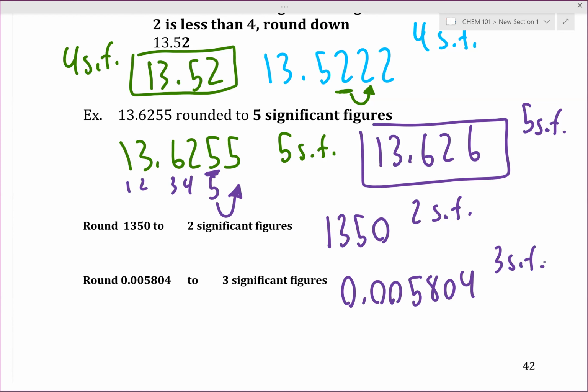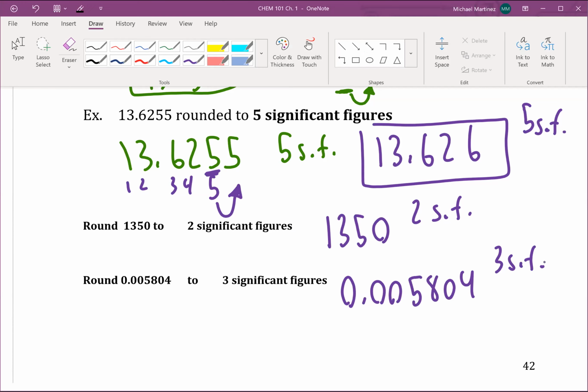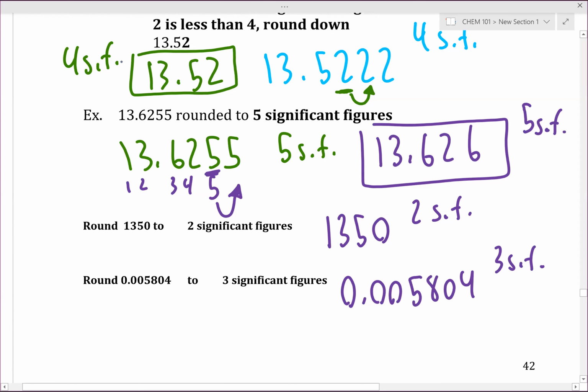So I saw a lot of reasonable responses here. Looking at the first example, where is the second significant digit? The 3, okay? So we highlight the 3 and we look to the right. Now my question to all of you is, is 5 greater than or equal to 5? Equal to, so do we round up or down? Up. Okay, so this would be